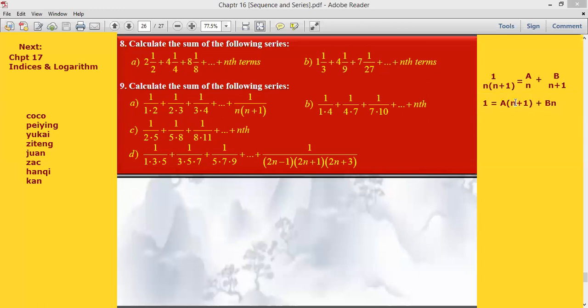Okay, and then for here, we just revise back what we learned in the partial fraction chapter. 我们 let 那个 n 等于 0 咯，所以 let n is equal to 0. So when I let n is equal to 0 and then I substitute into the formula, 我们就会得到 1 equals a times, okay, 0 plus 1, we get 1. Okay, and then b times n, so this one, nothing else. Okay, so for here, a will be equal to 1. 这个是第一个。